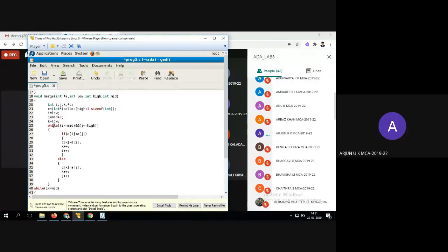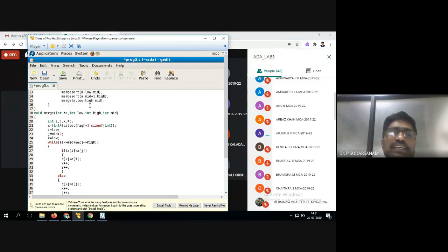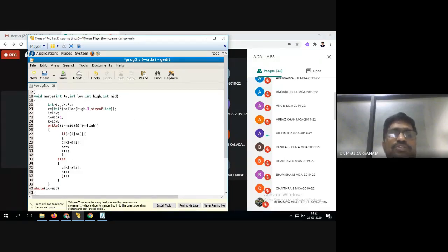Now this is the allocation function that I have already told you. Now how to write the function call, you also know. When you see low, a is nothing but the array location. Low, here is high, next is mid. Whichever way you pass the parameters, pass them in the same way. If you feel difficult, a comma, low comma, mid comma, high, you can write the same order here also. Now this declaration, no problem.